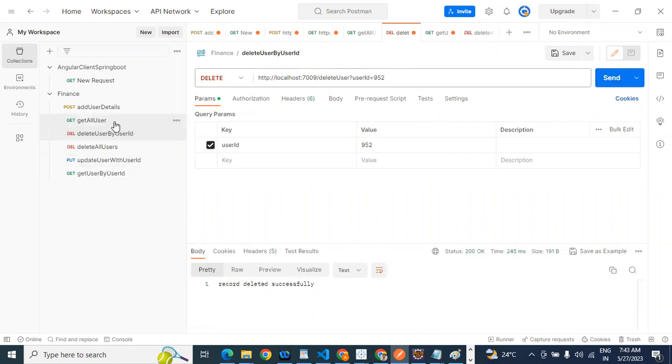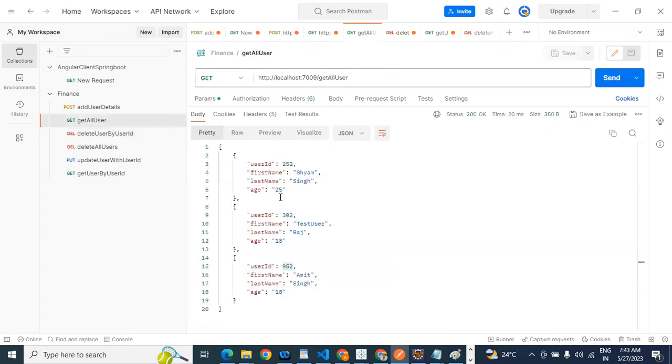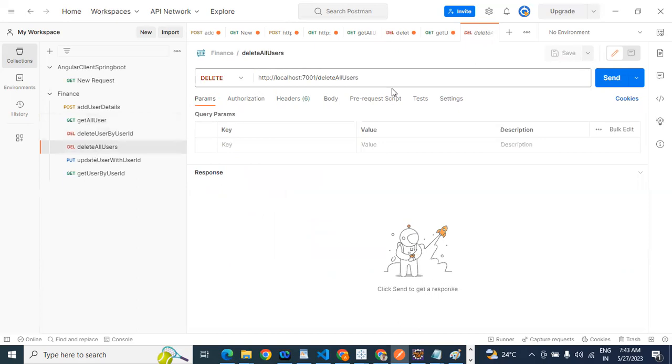Now if I again go to get all users, earlier there were three users, but now I have deleted this one, so this record should be removed. Let me hit it. Now you can see in the output only two records are coming, because now in the table two rows are there and the third one is deleted. So we can delete by user ID. This is delete by user ID. If I do delete all users, then